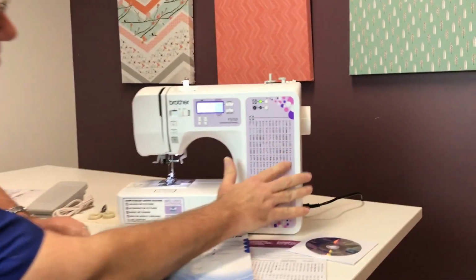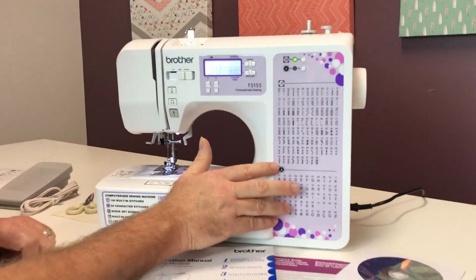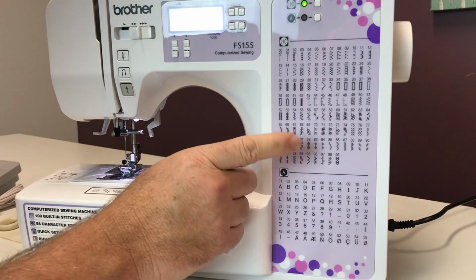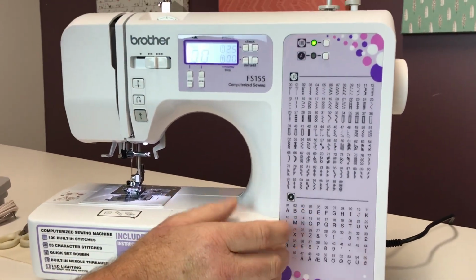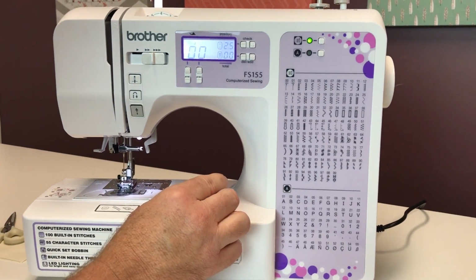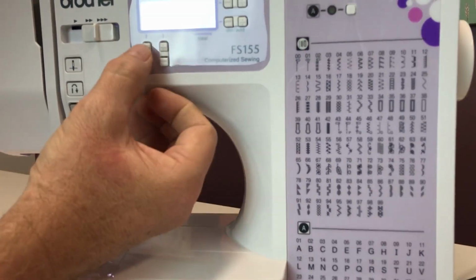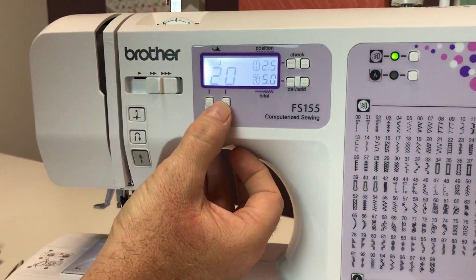So as you can see here, there's a whole raft of different stitches, and when you want to select a stitch, whether it's just a straight stitch, a zigzag, a fancy stitch, a buttonhole, a stretch stitch, whatever, you just simply choose the number. For example, if we wanted to sew stitch number 27, we would just simply change the screen here to 27,